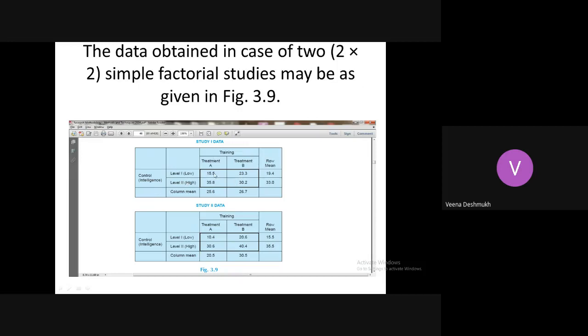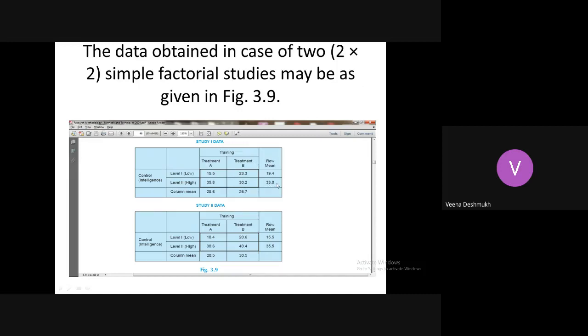Same here, if you consider control engineering teaching and evaluate them for, say, 40 marks, the scores are 15.5 for 1 hour teaching, and for 4 hour teaching, say group B has scored 23.3, and for 4 hour teaching outside, the averages are increased.